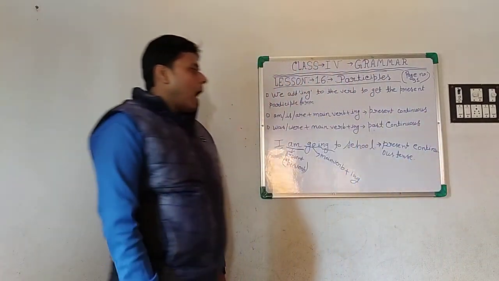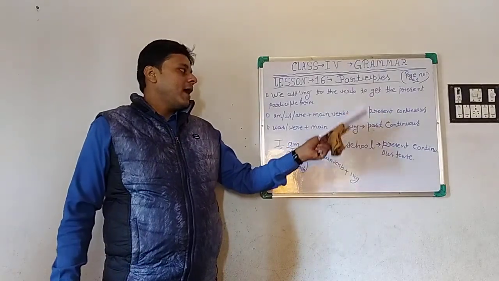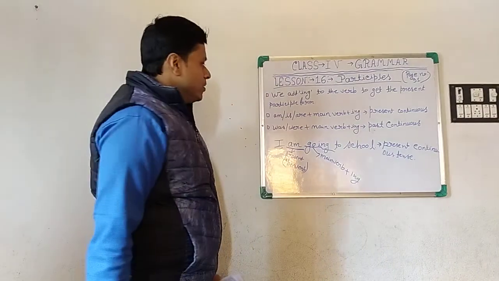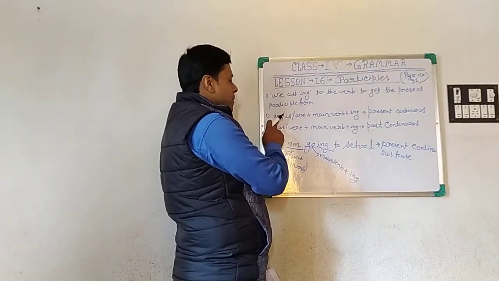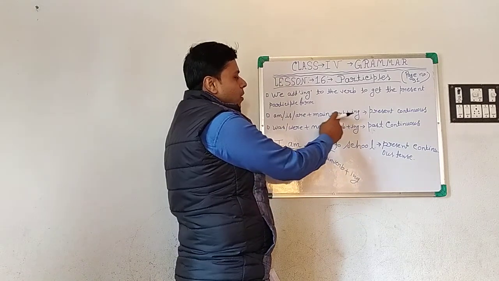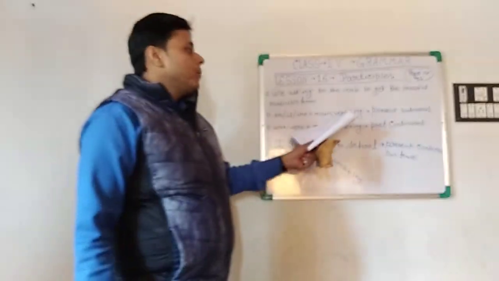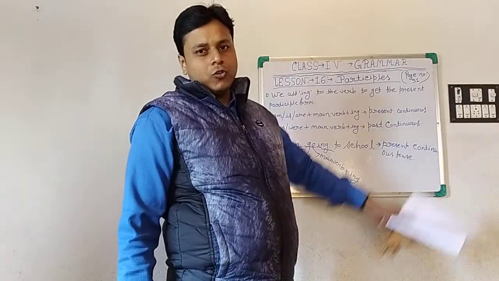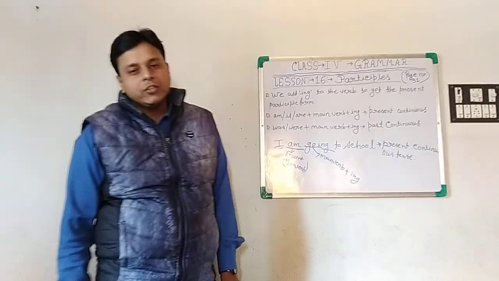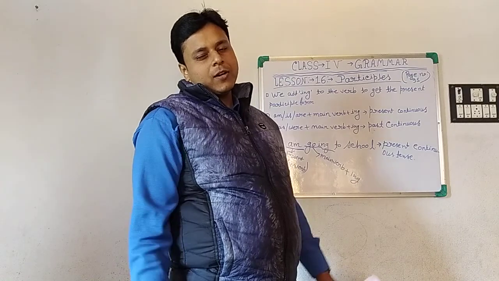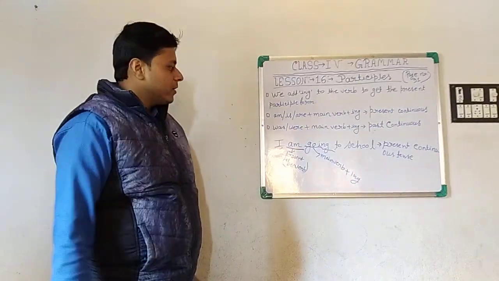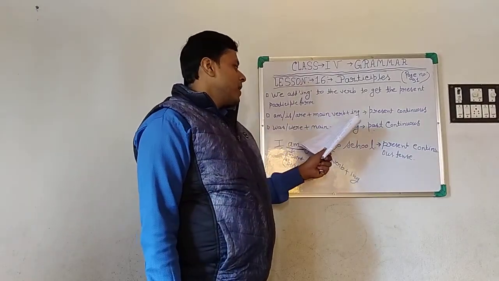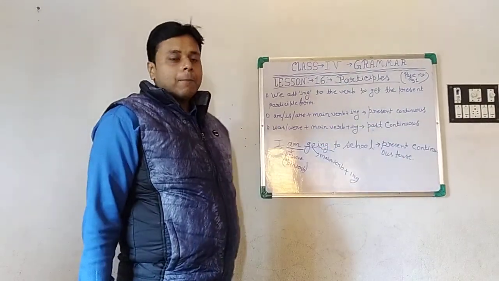Is that clear? How to make present continuous tense: by adding ing to the main verb, from the present participle. Okay, so the point you have to remember: we use the ing form of the main verb with am, is, are to make present continuous tense. For example, I am going to school, I am eating, he is going to school, he is going to market, she is dancing, the girl is dancing, he is drawing a picture, etc. There are so many examples. Okay, so is that clear? Present participle. You remember we use am, is, are plus main verb plus ing to form present continuous tense.